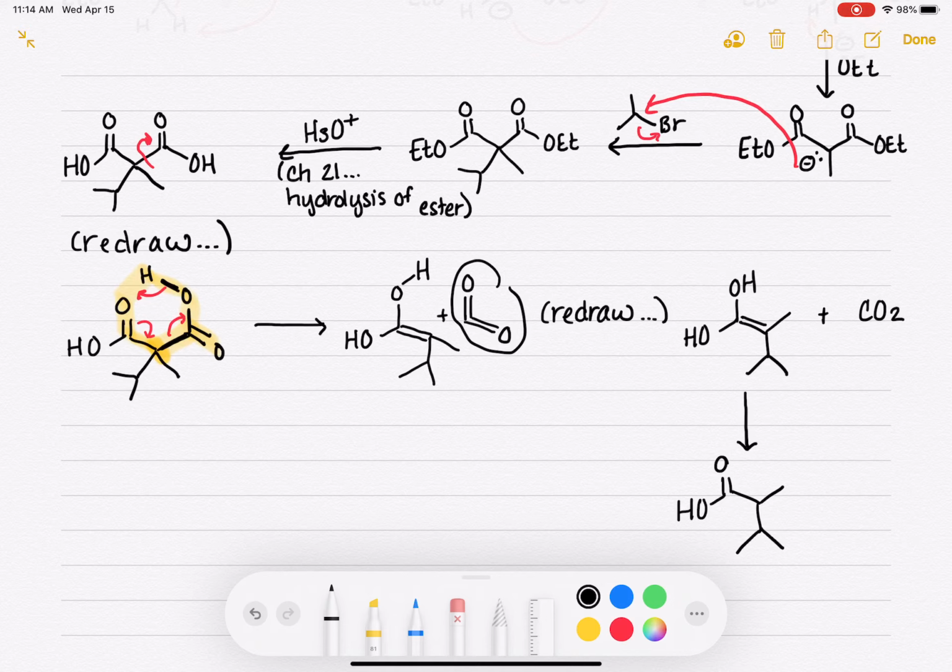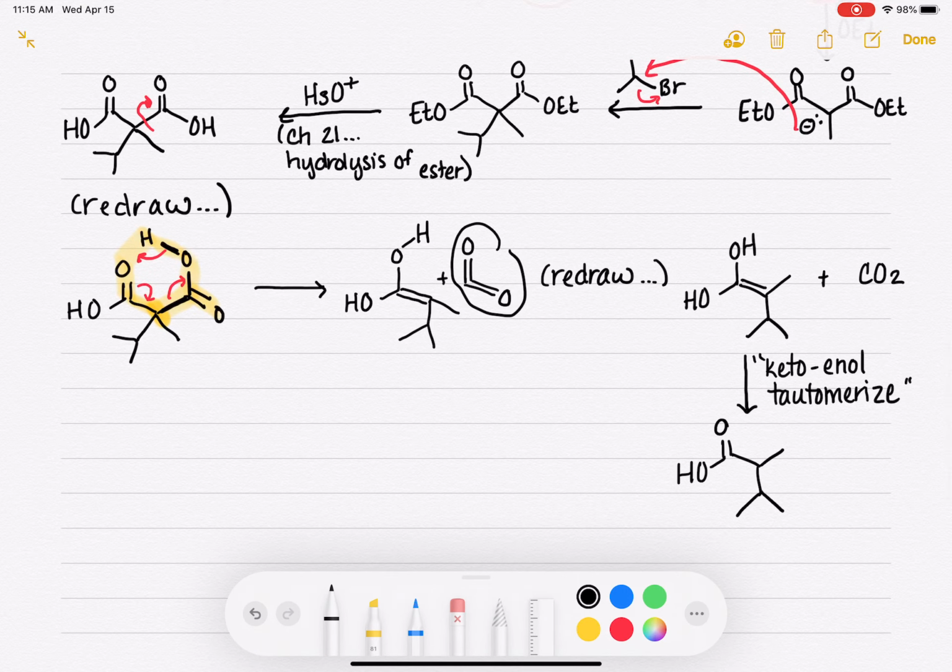This is a keto enol tautomerization. The last time we looked at the keto enol tautomerization was way back in the fall quarter, at the end of the fall quarter, when we were looking at addition reactions to alkenes, and we would have an alkene, and then we would add water to it,